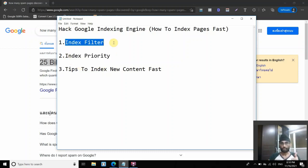So first, remember, don't use any auto-generated content. Make sure your page is high quality enough to pass the index filter, the gatekeeper. After that, you have to make sure that whatever page you want to index has some priority to it, some importance to it. So let's say you just start a new site. Obviously, a new site is not something which Google would trust, right? So that's why new sites or new pages are often given a low priority in the indexing queue, right? But if you want to improve your priority,